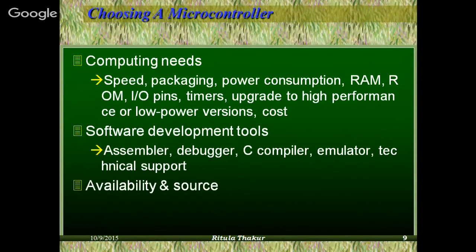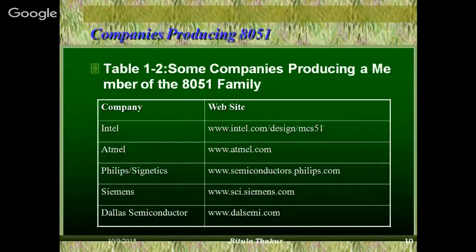Then of course the final one is the availability and source, because it happens many times that during your development of the product it may get damaged. So is it readily available in the market, or in future also in case you want to change it, is it easily available in the market? So these are some of the points which you must keep in mind while deciding which type of microcontroller you